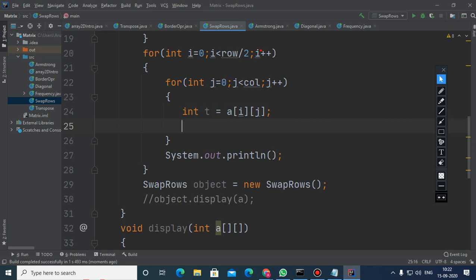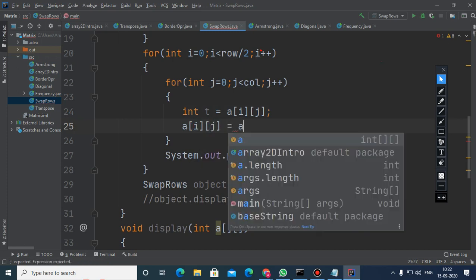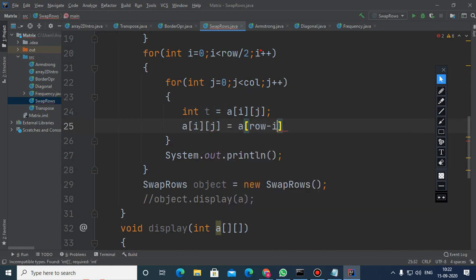When i is 1, this will be one of the elements from the second row. When i is 2, it will be one of the elements from the third row. So suppose i is 0 and it is one of the elements of the first row, and this will be swapped with that, which is row minus i minus 1 and j.